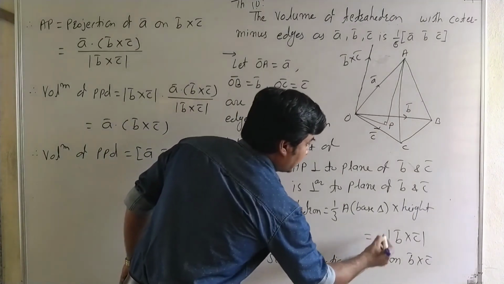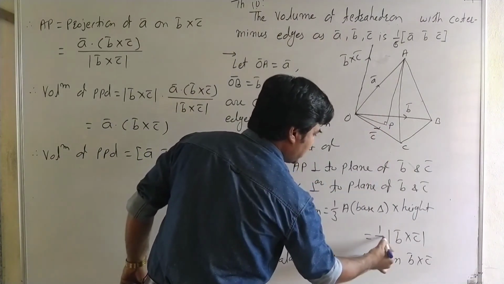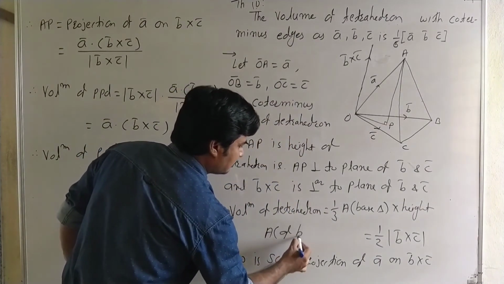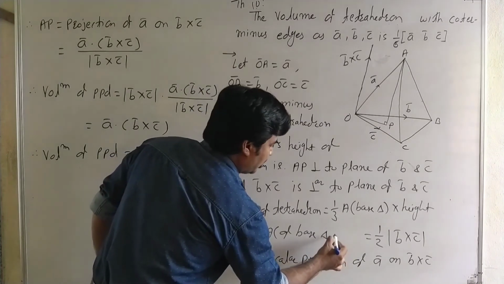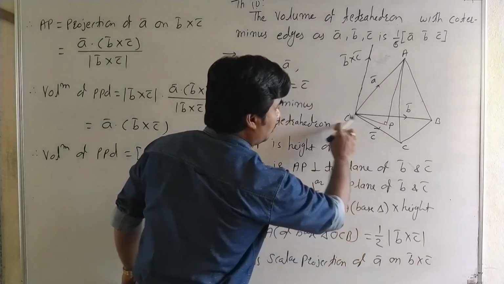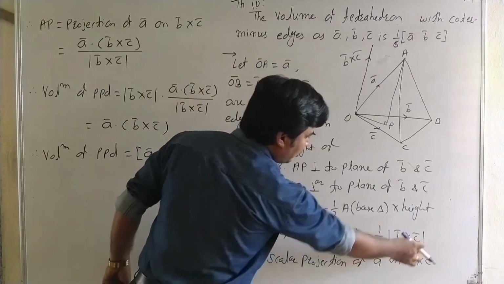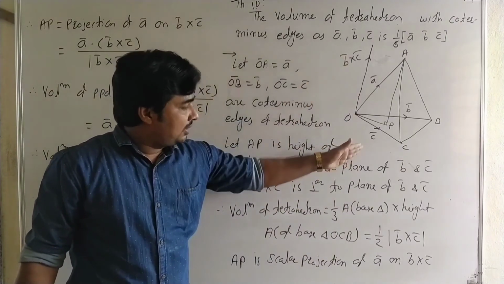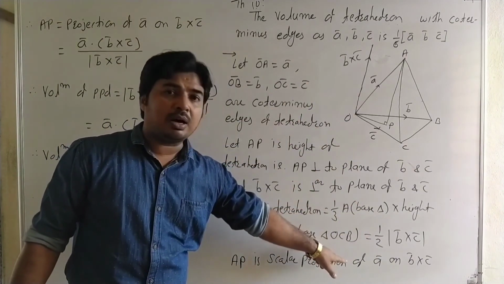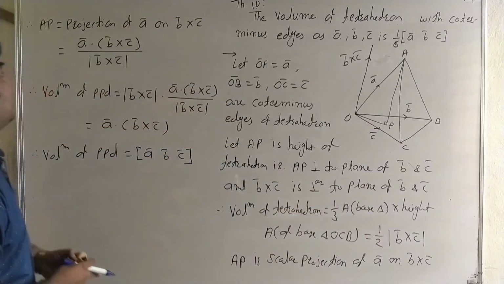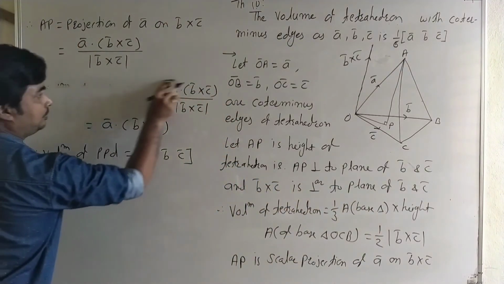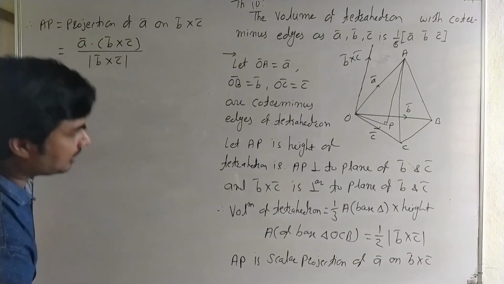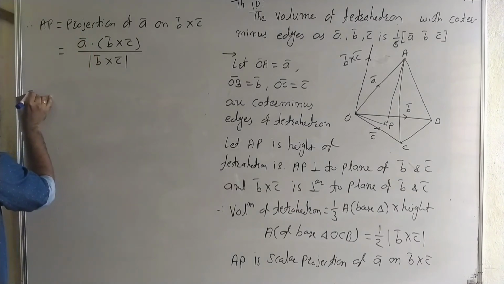here base triangle, sides B bar and C bar, therefore its area is 1 by 2. Area of base triangle OCB is 1 by 2 magnitude of B bar cross C bar. Now AP is a scalar projection. Here AP is a scalar projection of A bar on B bar cross C bar, therefore it is a projection. And now, see carefully, AP is a scalar projection, therefore volume